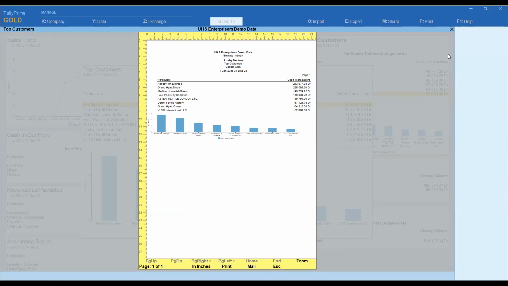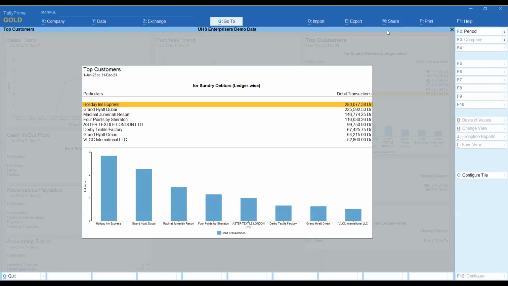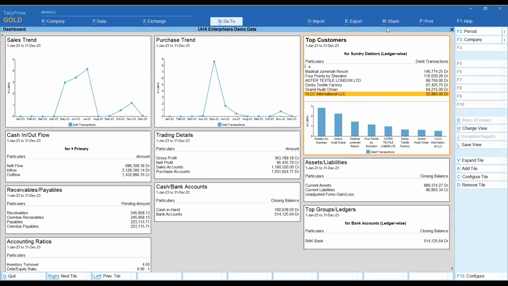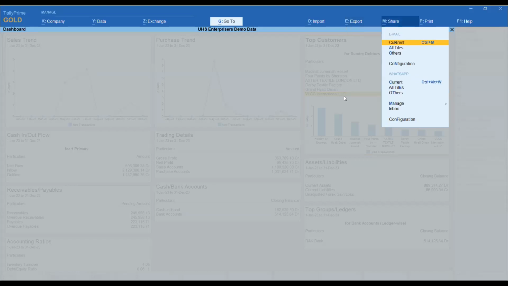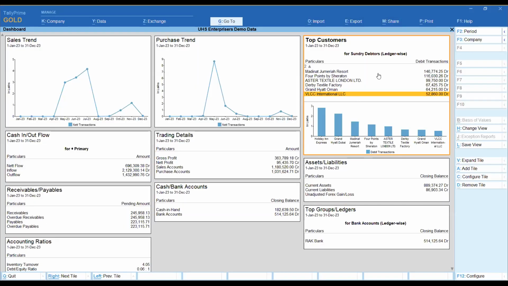So there's an option for sharing by mail, as most of you might already know. You can export it, you can send mail directly from Tally. There's a new option called WhatsApp. So you can share all the reports directly from your Tally to WhatsApp. The WhatsApp features will be discussed later on. So yeah, and one more thing, if you want to change the period of a specific tile also,